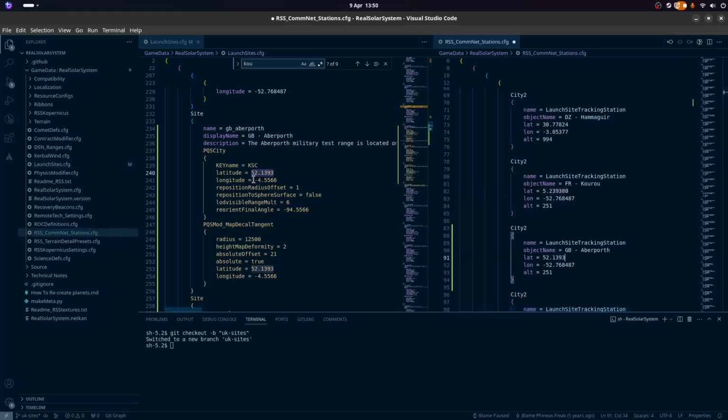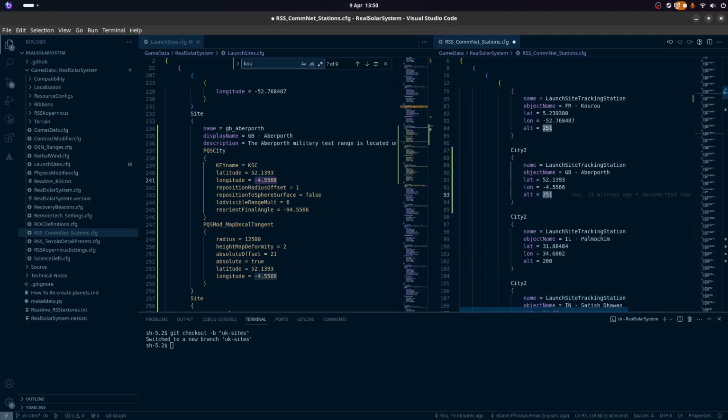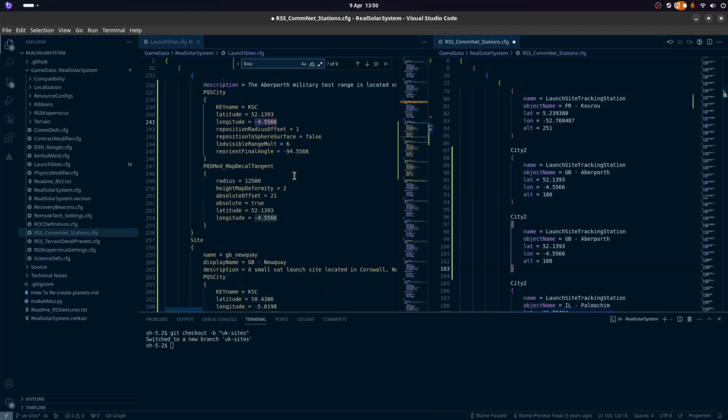Yes, and minus that. Yes. What is the altitude at Aberforth? I do not actually know. I'm going to make a guess it's about 180 meters because I'm sure somebody can fact check me here.